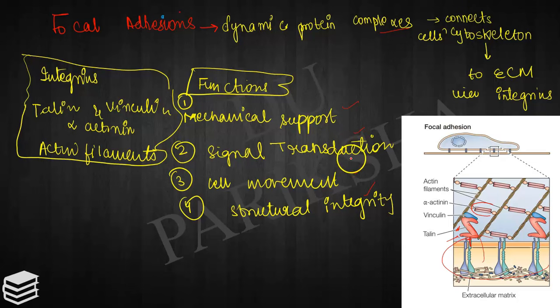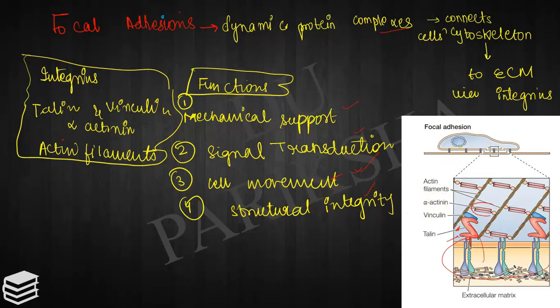एक तरीके से सिग्नलिंग सेंटर की तरह सर्व करता है, हेल्प करता है सेल को टू रिस्पॉन्ड टू द एक्सटर्नल सिग्नल्स लाइक केमिकल स्ट्रेस और मैकेनिकल स्ट्रेस। एंड मोस्ट इम्पॉर्टेंटली सेल मूवमेंट, ये जो फोकल अडहेशन होते हैं ये फॉर्म करते हैं और डिसअसेंबल करते हैं डायनेमिकली ड्यूरिंग सेल माइग्रेशन। देन स्ट्रक्चरल इंटीग्रिटी, वही मेंटेन करते हैं स्ट्रक्चरल शेप, क्योंकि इसके अंदर एक्टिन फिलामेंट है, इट मींस सेल शेप को मेंटेन करेंगे, ओरिएंटेशन को by resisting contractile forces